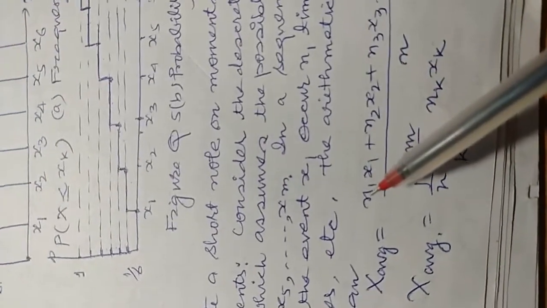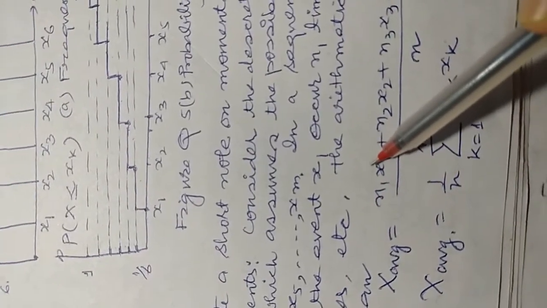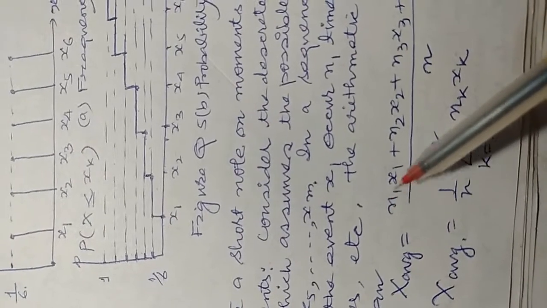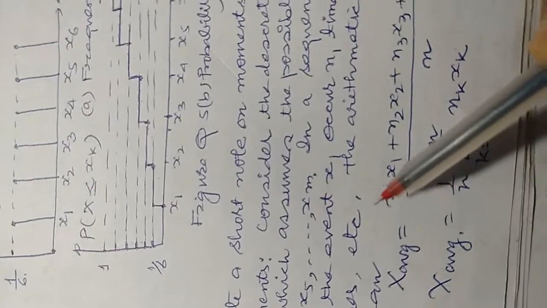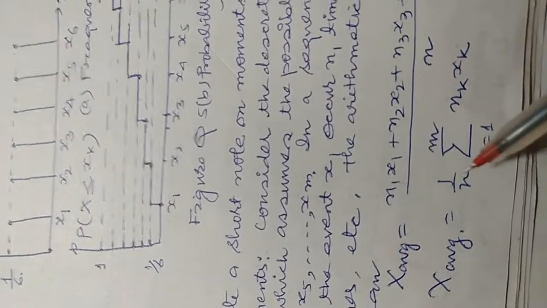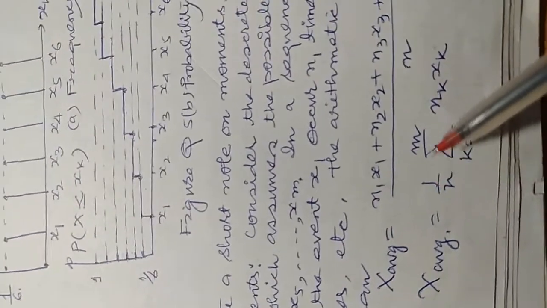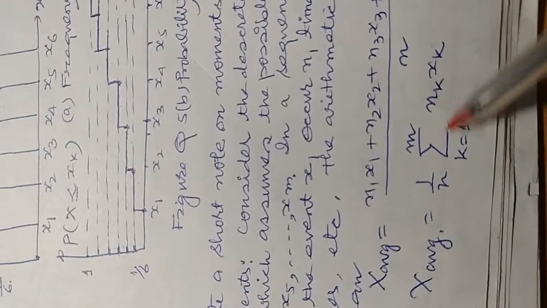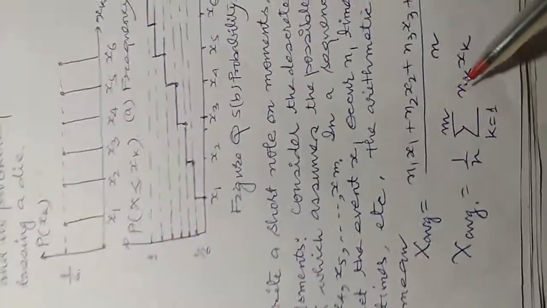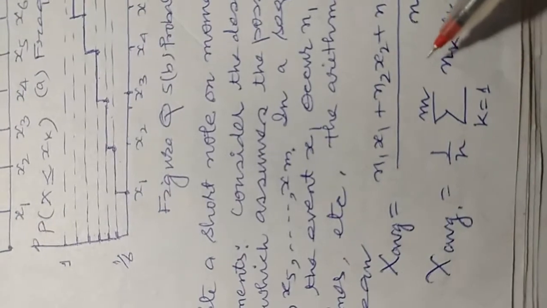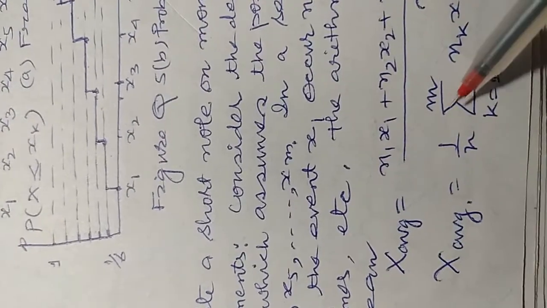Where if you see n1 divided by n, that is how many times you got that value divided by the total number of times, this is nothing but the probability. So you can write it in terms of probability also: nk divided by n is the probability of xk, how many times you have got that value. This average again we can write in this form,